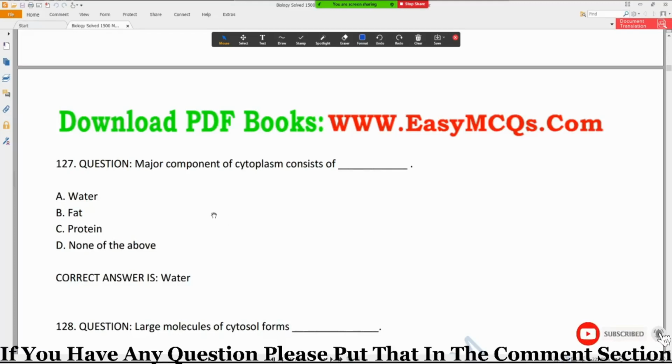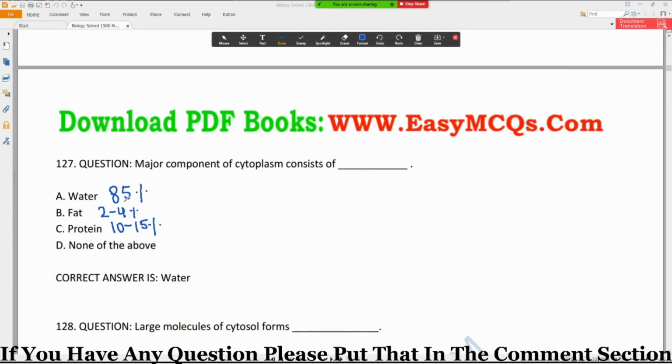Here if we write the percentage of every component in front of that, then we can easily find the answer of this question. Here in cytoplasm, 85% water is present. How much feed is present? Feed or lipid, they are present 2 to 4%, and protein 10 to 15% are present. You must remember their percentage, so according to their percentage you can easily find the major component of cytoplasm.